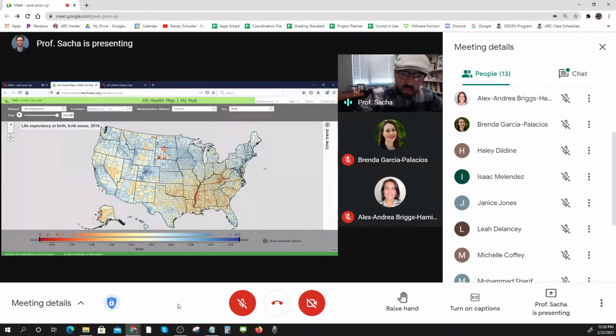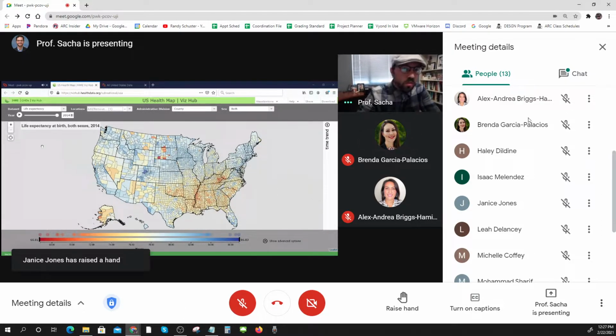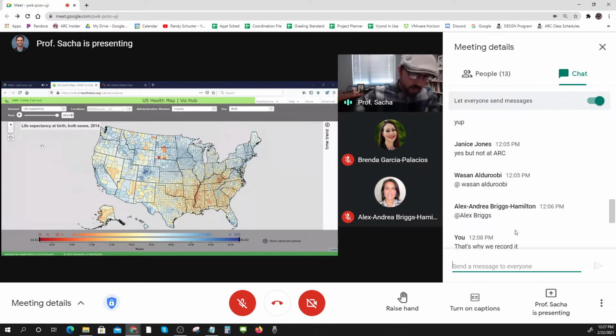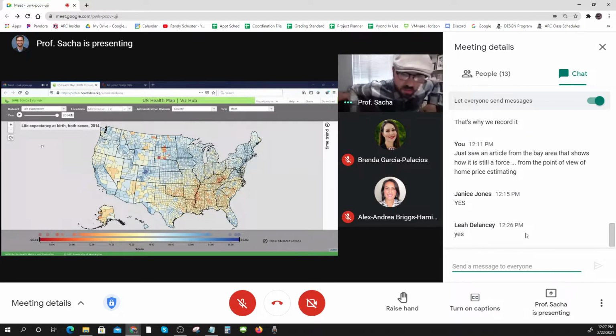Can someone real quick just tell me one general regional trend in the United States that stands out to you? There's a couple that come to mind, but maybe someone who hasn't raised their hand yet today. Just give me one finding as you look at this map, knowing that the darker the red, the lower the average life expectancy, and the darker the blue, the higher. What's one trend that you see? You can unmute yourself, or Randy, if you want to read from the chat, that'd be good too.